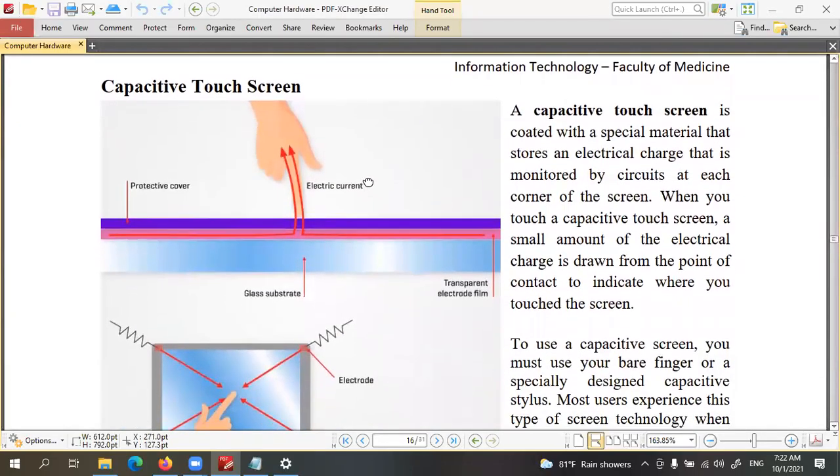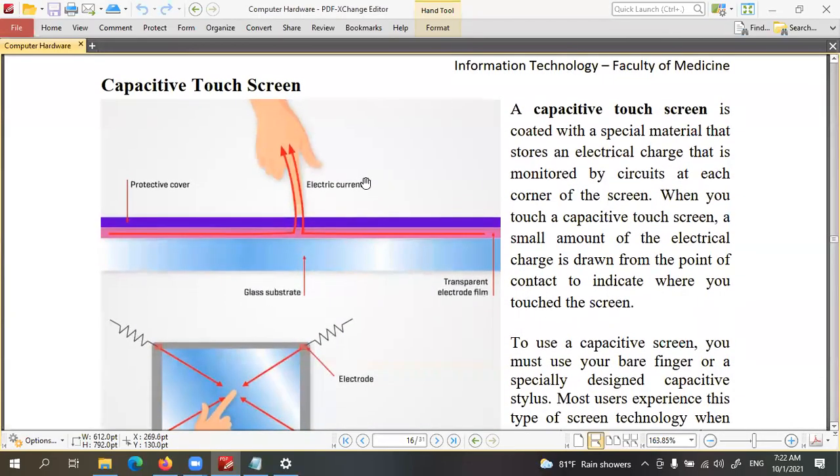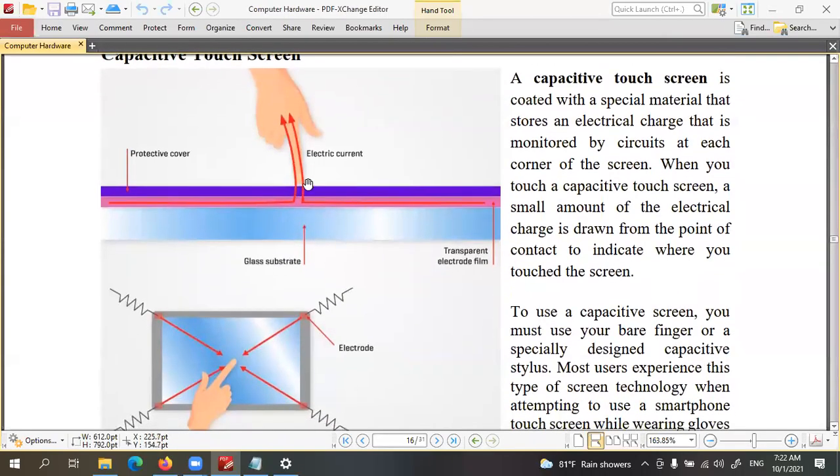So there are several types of touch screens. One is the capacitive touch screen. In our mobile phones, we have these capacitive touch screens. So actually, what happens there? When we touch the screen, a current will be passed through our body and earth. Then there will be a voltage drop at that location. Using a grid, the voltage drop can be identified, and that is how our mobile phone understands where we touch the phone.